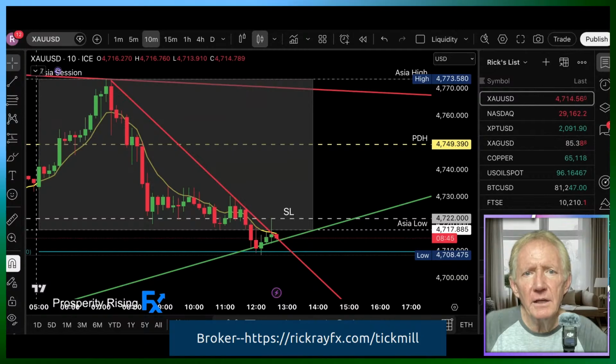Be careful with tonight, guys. The news, the CPI data, that is very, very important, very, very high impact. So you might want to just sit back and watch and let it play itself out. And just whatever you do, be sure and protect your capital. Don't overtrade, don't overlot, and you can be successful.